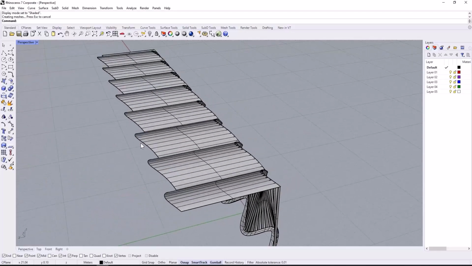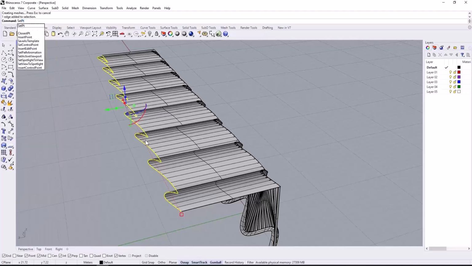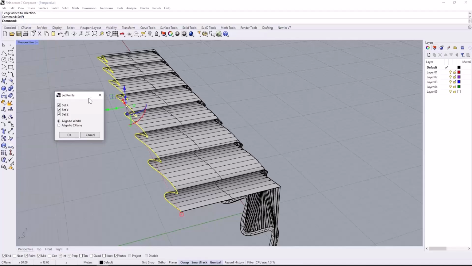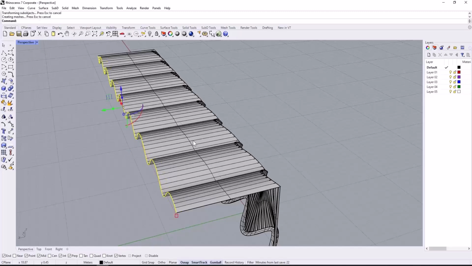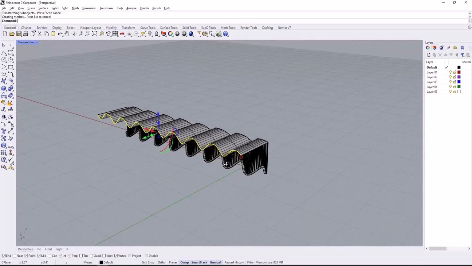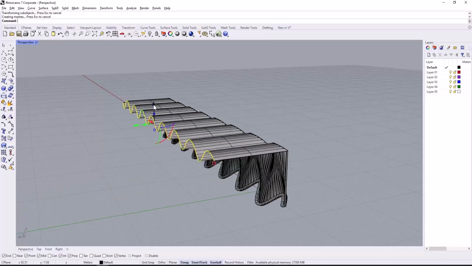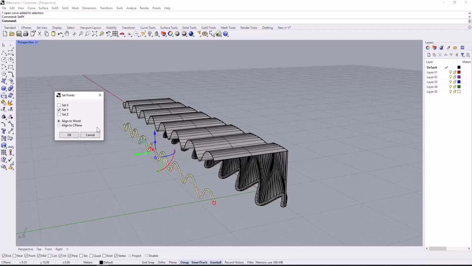The first step in Rhino is to flatten the back surface. So I hold Ctrl plus Shift and select the corresponding edges and use this SetPt command, and I choose to align them along the y-axis, ensuring a straight back surface. Next, I use Alt plus click and drag on the blue axis of the gumball to create a copy. Like this, I create a copy of this part, and then I select the lower section and use SetPt again. But this time, align the z axis,